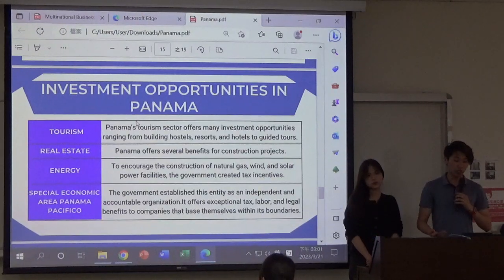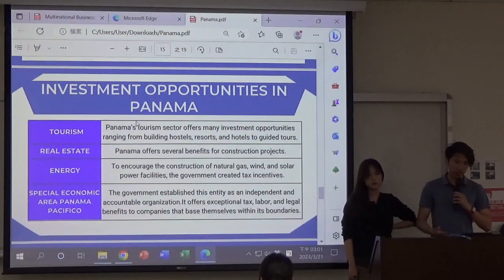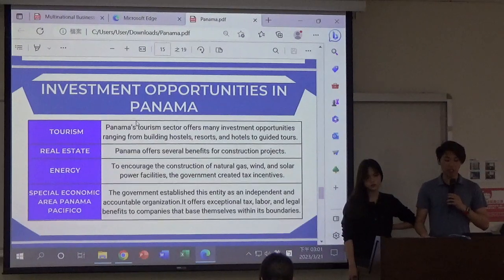One of those is tourism. Many international companies, such as resorts, Hyatt, etc., have set up in Panama for incoming visitors to enjoy. Real estate is also growing with a strong demand through multiple sectors. There's great stability on the housing front as well as in commercial real estate. Additionally, energy has been growing throughout the country with special incentives that the government has created, but this is probably not an area that we personally may explore in our next